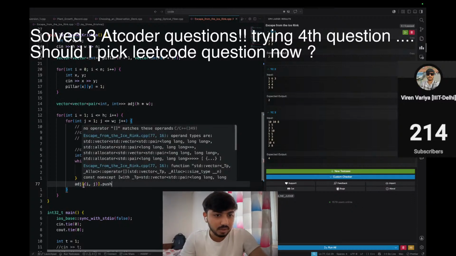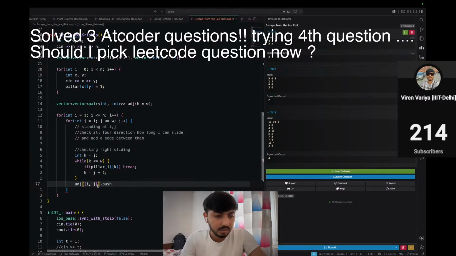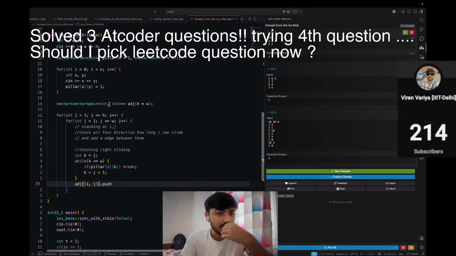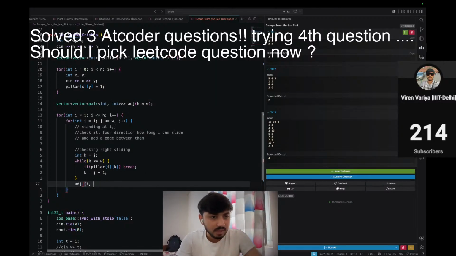Wait a minute, what is happening here? Vector of vector. Yes, it's a vector of vector, right? Adj of